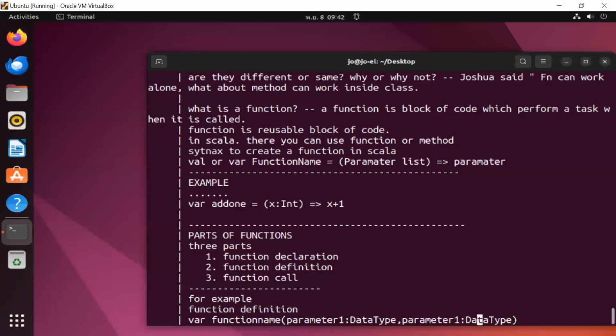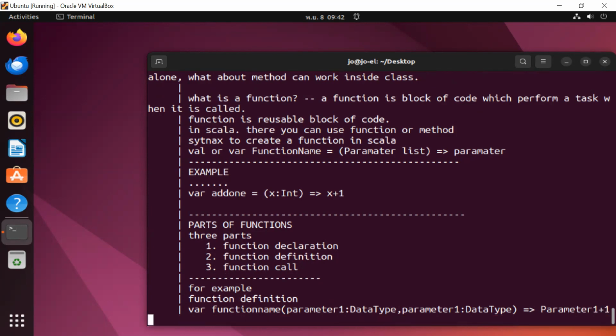Now here we go. This is a function definition. And we use the arrow, followed by what? Let's say here, parameter pass. You pass the parameter 1 here, or 2, based on what we have there, plus 1, right? That's the thing which we have here. This is called the function definition. Now, all right, once again, I'm going to underline this one.